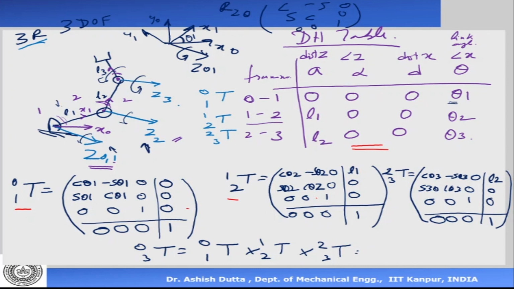If you go back and see the three matrices that I had written, they are the same matrices that we wrote here. So if I multiply them all together now, I'll get the relationship between the third frame and the 0 frame. Now let's do that and see how it goes. Let's look at these three matrices and multiply them out. Let me multiply the first one, T0